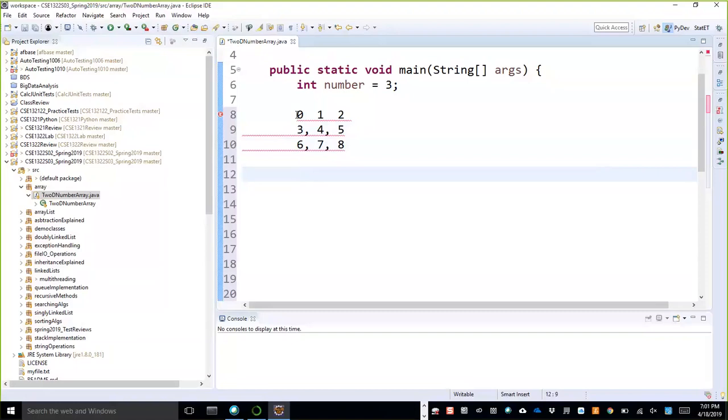Let us write: find the largest odd element from the above array.